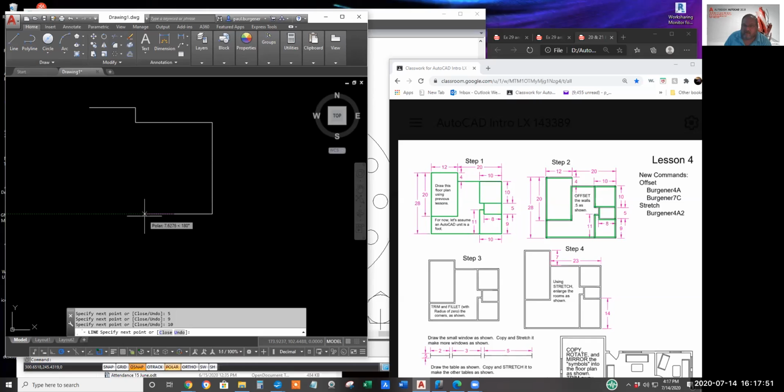And it looks like 22 will get us directly below this start point. 12 for the garage and 10 for the front wall between this endpoint and that endpoint. So 22, hit enter and C or right click and pick close.